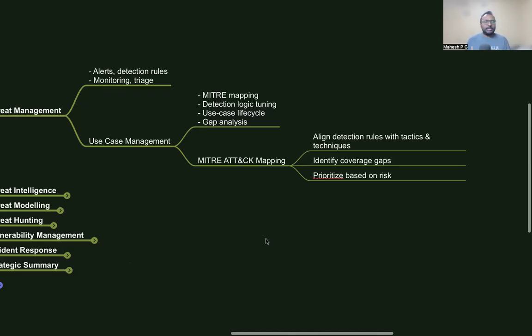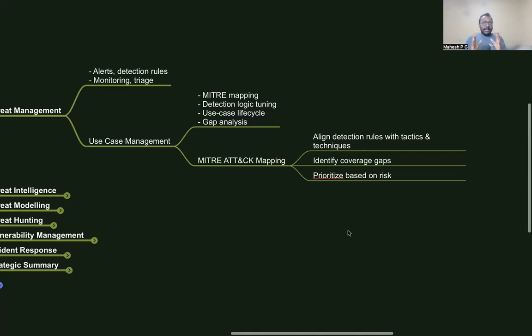When a system is being brought in, or when an attack vector is identified, we have to create and fine tune. Sometimes we have to change the rules. Sometimes the rule itself is no longer valuable, or that technology is removed from the organization, then we have to remove that logic as well. So there is a life cycle in the detection. And there is a gap analysis, right? Here also we are talking about the gap analysis.